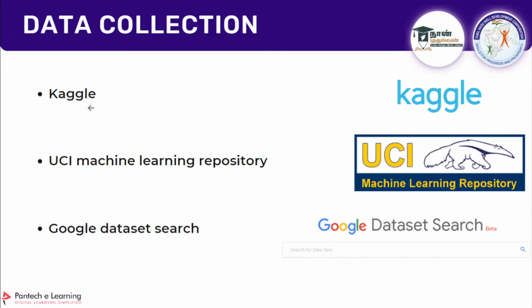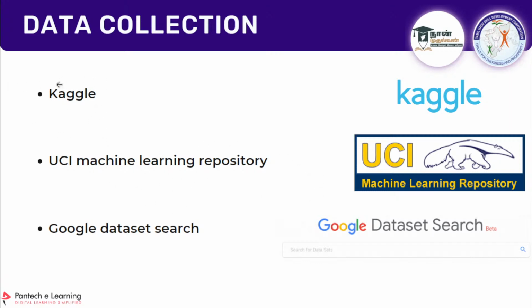So how are you going to collect some data? For example, if I have an idea to perform data science or machine learning on the Titanic dataset, I want to analyze the data based on the Titanic. Or if I want to go with some disease, like COVID-19, I want to get some data and check how the trend is, what happened. So these are some common websites where you can find the datasets.